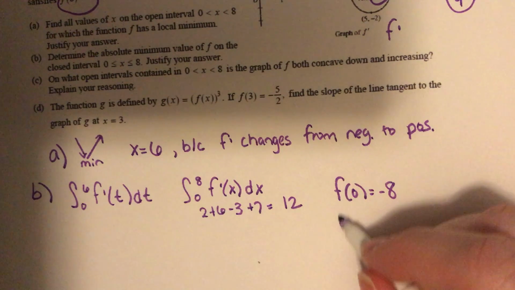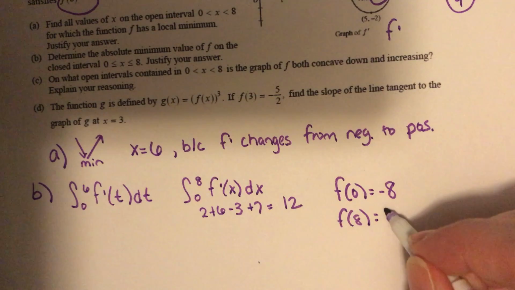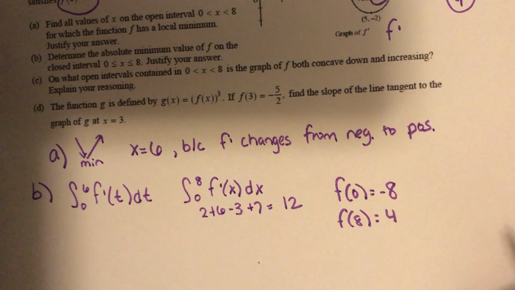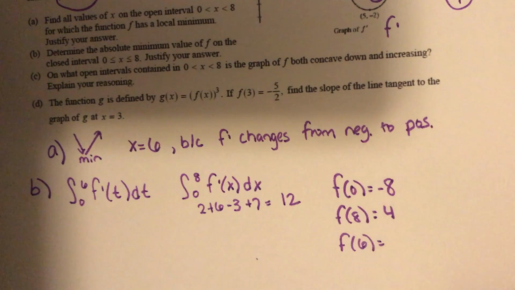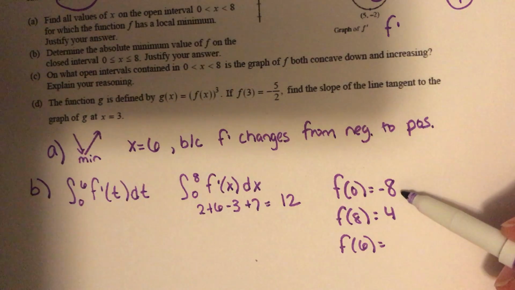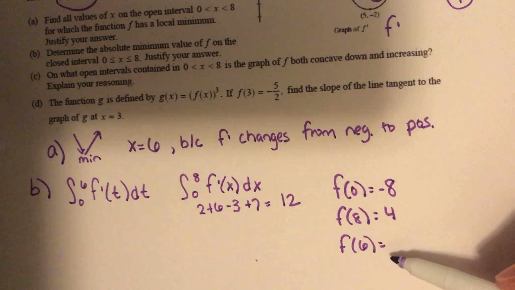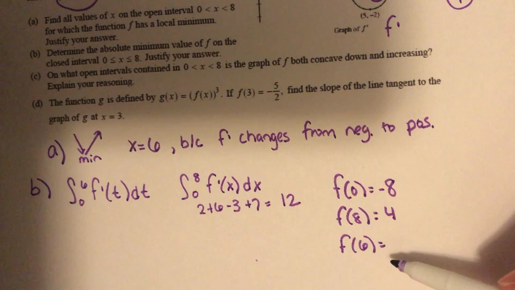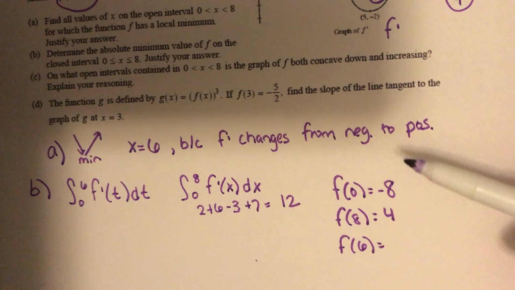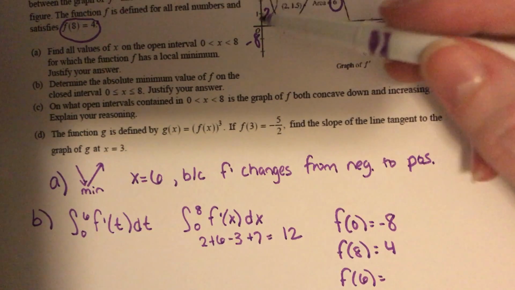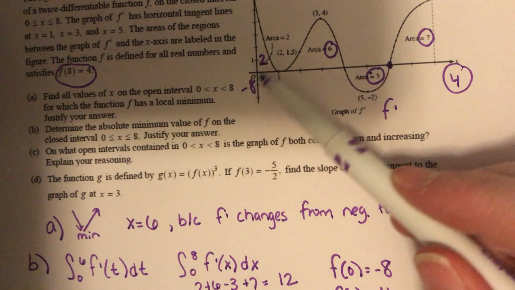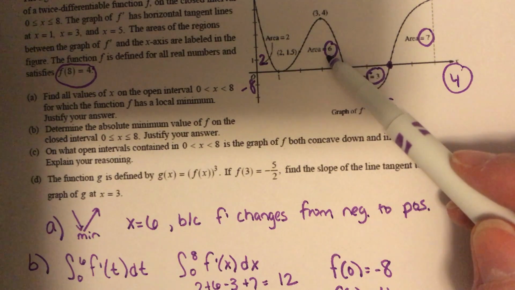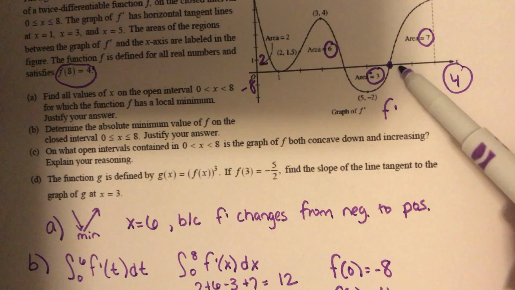I also know that f of 8 is 4. The only one I'm missing is f of 6. That's the local minimum. And so far, this is my lowest point in the graph, but I got to figure out what f of 6 is. So now that I know f of 0, I can probably figure out what f of 6 is. So if my starting point is -8, and I travel to get to 6, which is right here, I would take -8 plus the 2 plus the 6 minus the 3, and that'll tell me where I'm at